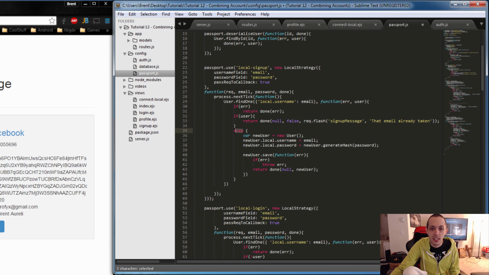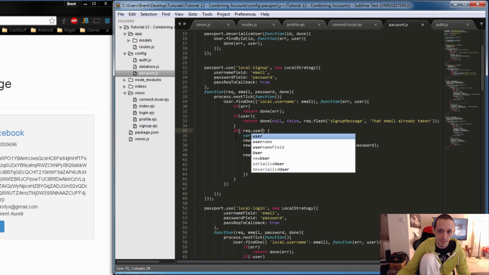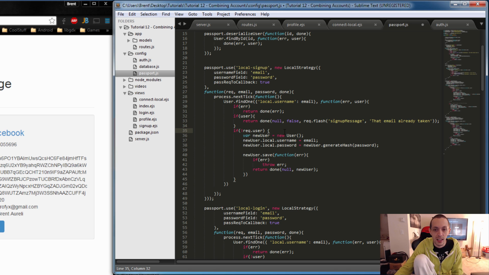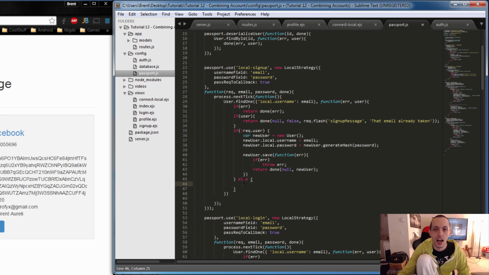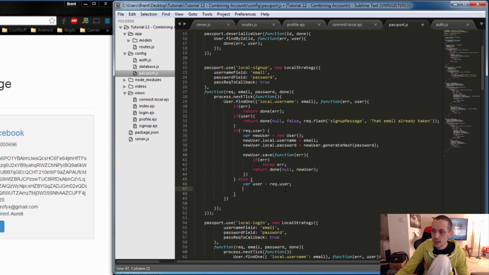And then otherwise, we need to check to see if they are already logged in. So if there's a request.user, if there's not, if they're not logged in, then these are a brand new authentication. And so we want to get their username and email and add it to our database. Otherwise, they are logged in and they are trying to merge a local account into their current Facebook account. So let's do var user equals request.user, and then we'll just copy this info here,